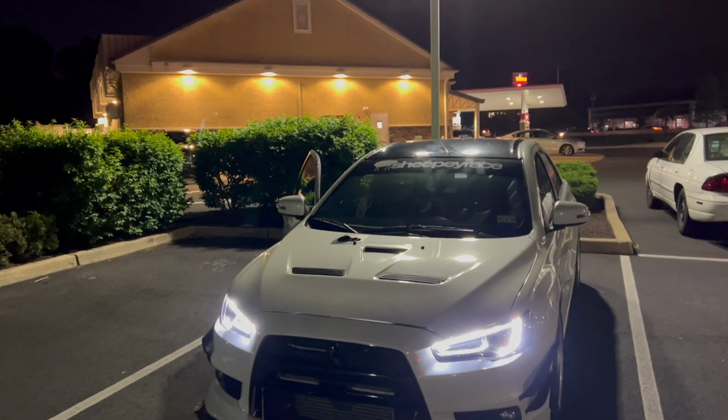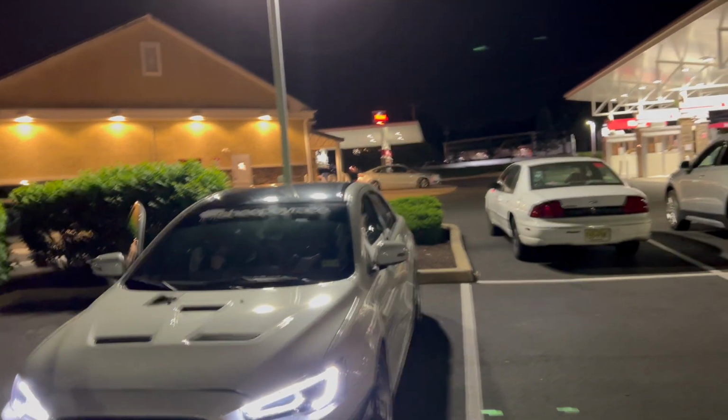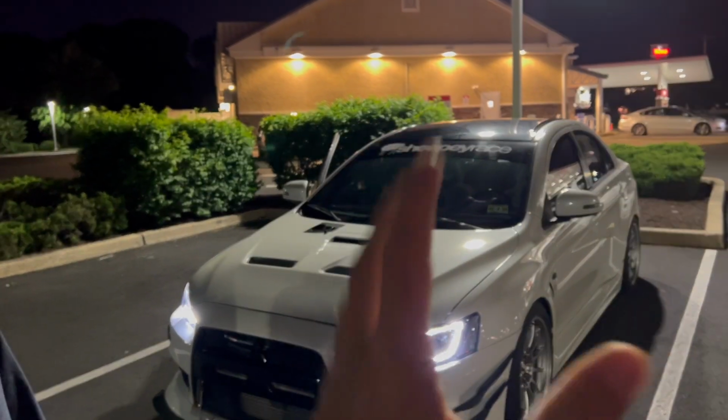These headlights are trash. And whoever, what's the name of these? I don't even know. VLand. If you're watching this, hold on. If anybody has these and made them work great, let me know. Yeah, please comment or message EVO X Tyler how you made them or what bulb or whatever,